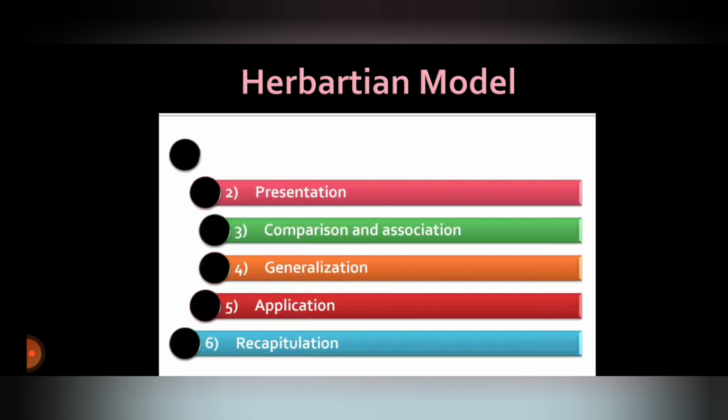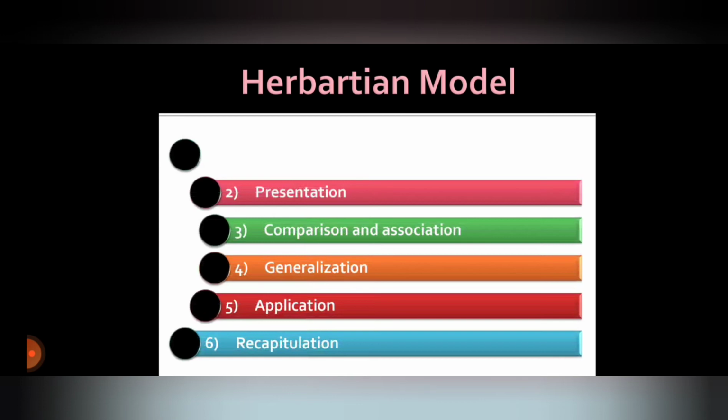Next is generalization or definition. So, this is a result of the reflective thinking of the students. The knowledge gained in the earlier steps is used in this step to draw generalizations, formulations, or the rules. And then is application. Here in this step where students use this acquired knowledge to favorable situations. They can be asked to solve problems, write an essay or an article, drawing maps or charts, preparing some models, or doing some practical work, or setting a new type of tests. That is application. And we have recapitulation.